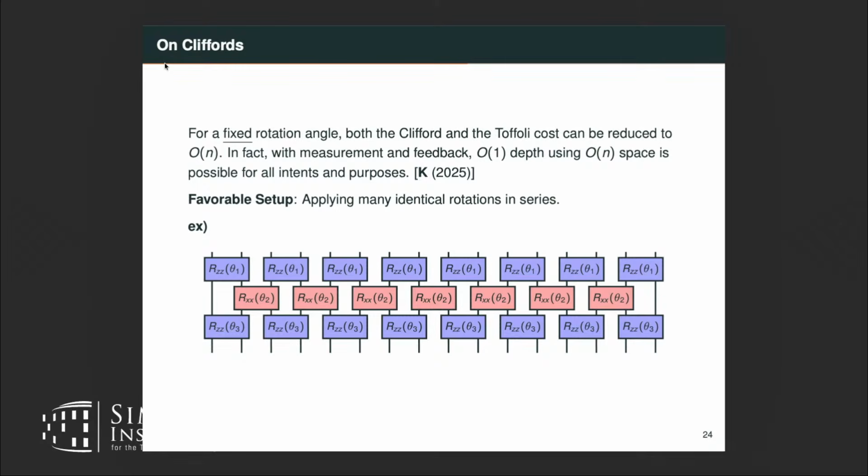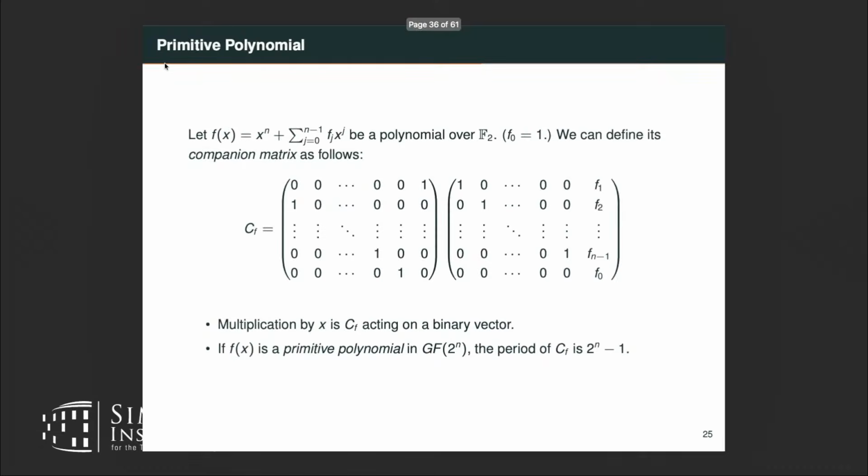So it's not a super generally useful thing, but I just want to say that in some cases you can do even better than just a constant T-depth circuit. You can actually get almost a constant Clifford depth as well. And the way that works is